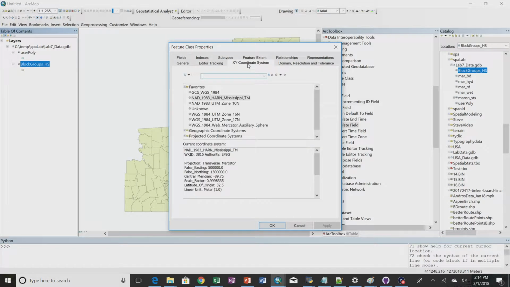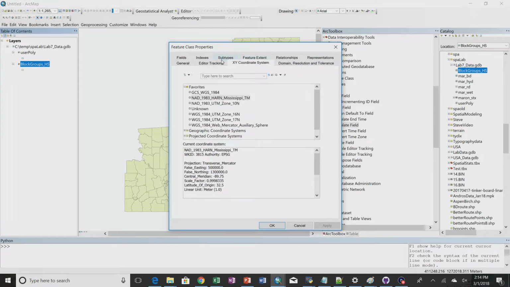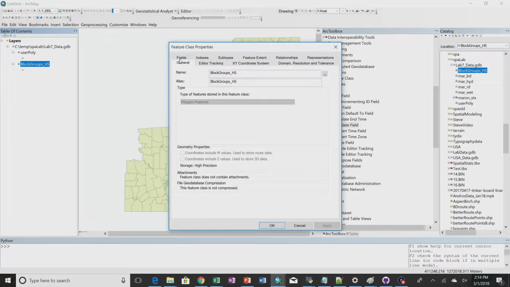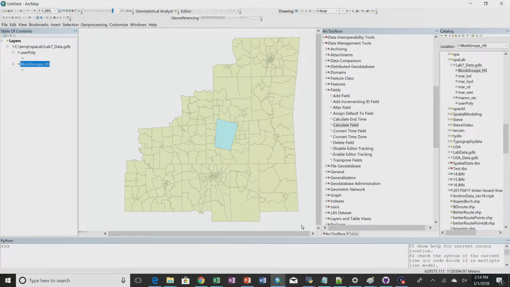We can see how big it was on disk. And with rasters, it'll tell you how big it is on disk, whether or not it's in a database or not. So with rasters, it's really easy to figure out. But in any case,